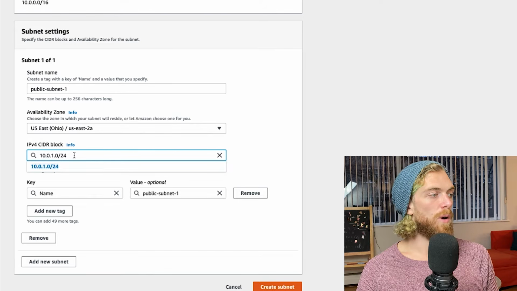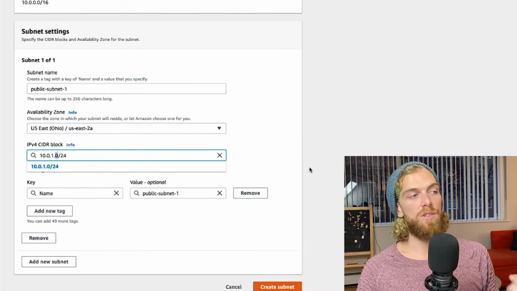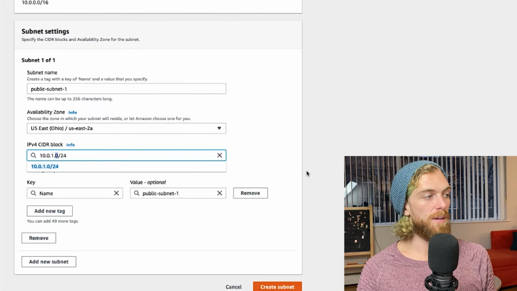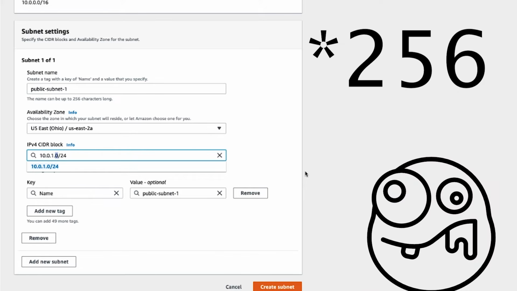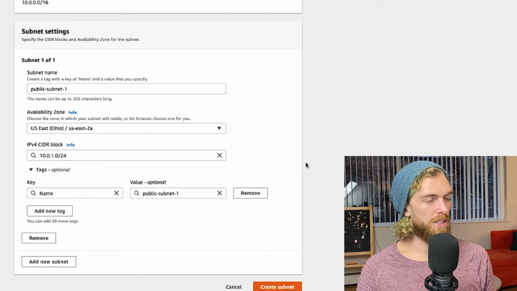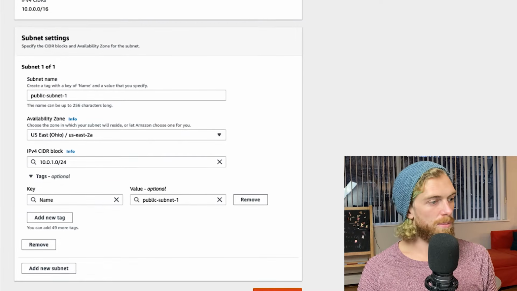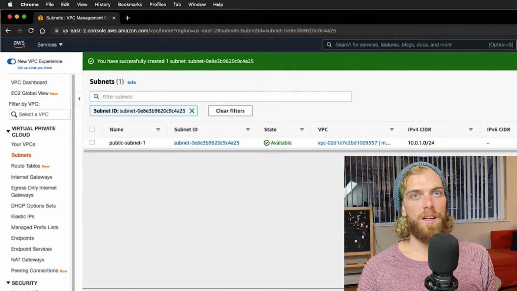1.0/24. Since 24 of these bits are preserved, that's just these 3 numbers. And this number can be variable within this subnet. So I will get 2 to the power of 8 IP addresses, which is 256. Some of those will be used by AWS. So I think 5 of them are used, maybe, so it might be 250 different IP addresses, which is more than enough for this case. And that is all I'm going to do for this, so I'll create that subnet, and then I'll do the